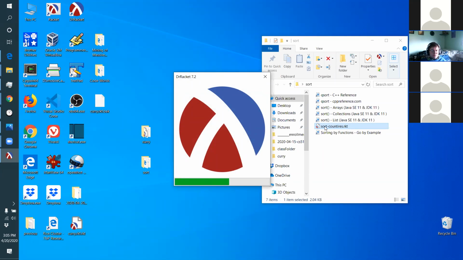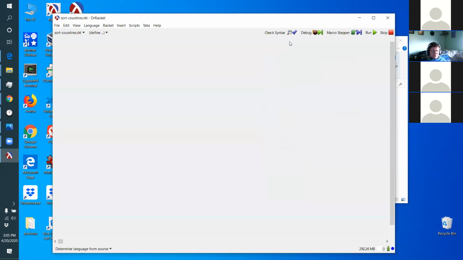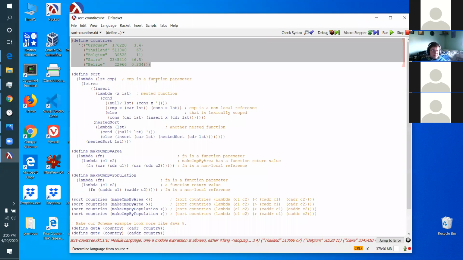Here's the program that's going to sort things. Sorting is a really good example of what should be a generic operation. If I tell you to sort an array, well, okay,